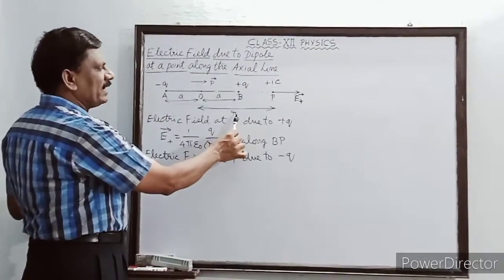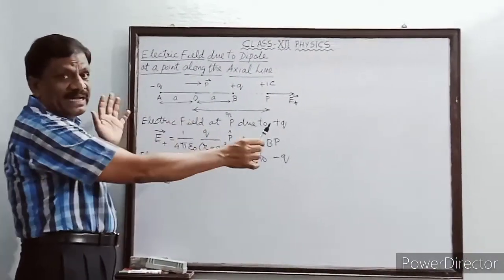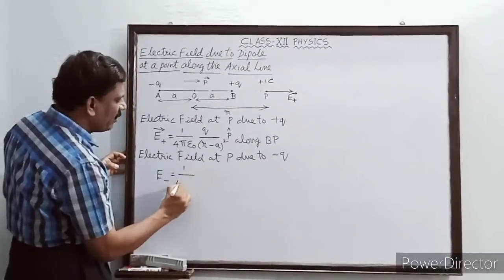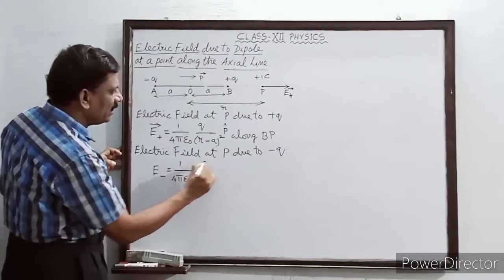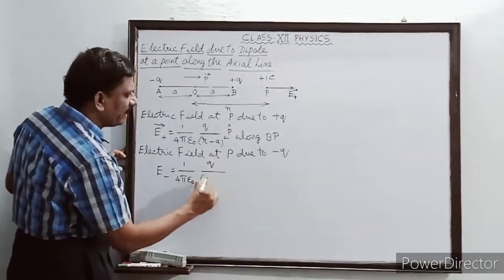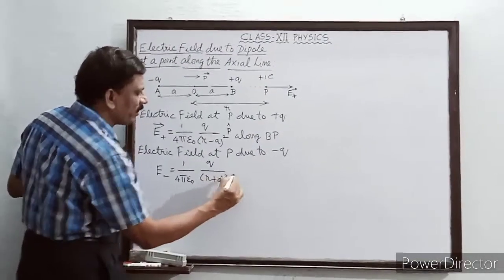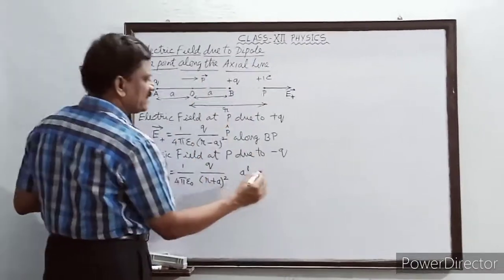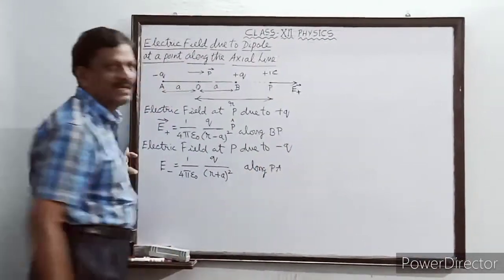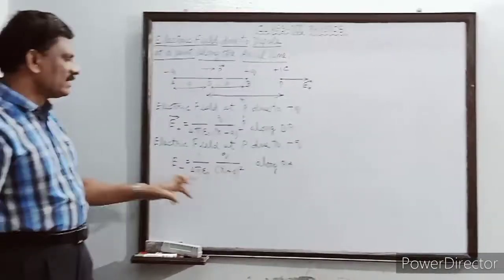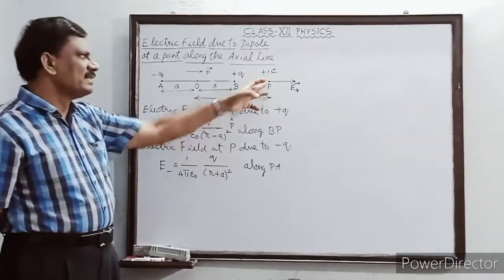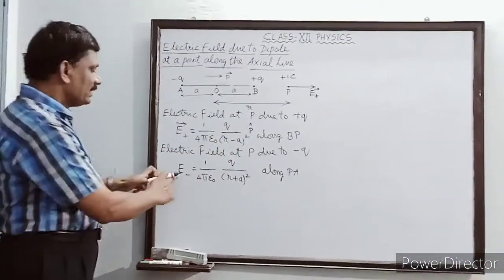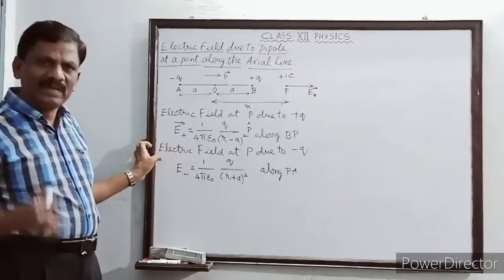Already we stated that it is at a distance of R plus A, which is of greater distance. So, this is now equal to 1 by 4 pi epsilon naught into Q divided by R plus A the whole square, and this is acting along which direction? From P towards A, that is along the direction PA. Is it not? So, this is by inverse square law. This distance is larger than R minus A. Is it not? Therefore, naturally, the magnitude of E minus should be lesser.